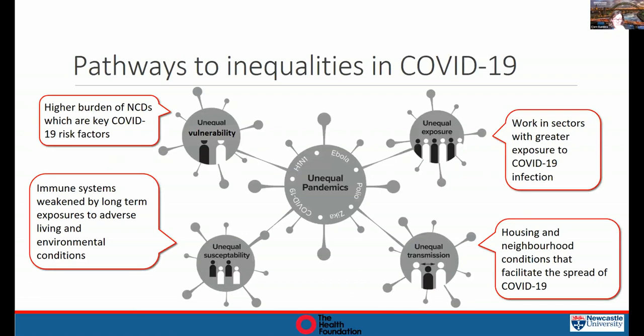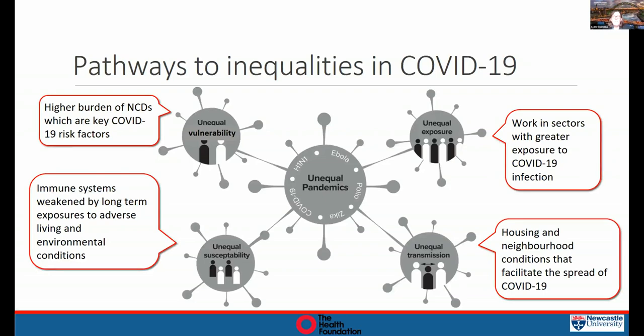Whereby the inequalities, the interaction between deprivation and COVID-19 outcomes, have been seen. And the first one is around a pathway around unequal exposure. So thinking about how people are exposed to COVID-19, particularly thinking about the early waves of the pandemic when there were control measures in place. So people working in sectors with greater exposure would in turn have higher risk of case and therefore higher risk of mortality. And that reflects back onto those occupational inequalities we saw, for example, with higher rates for the care sector.